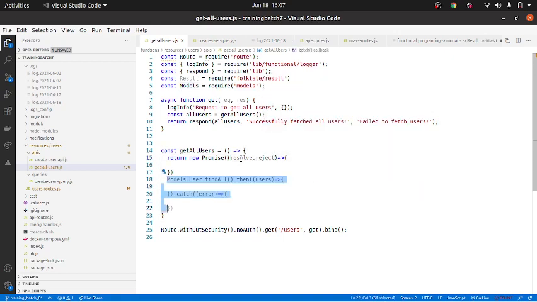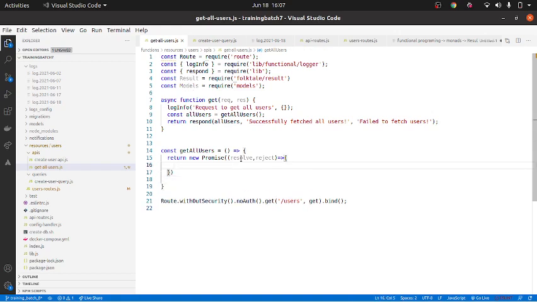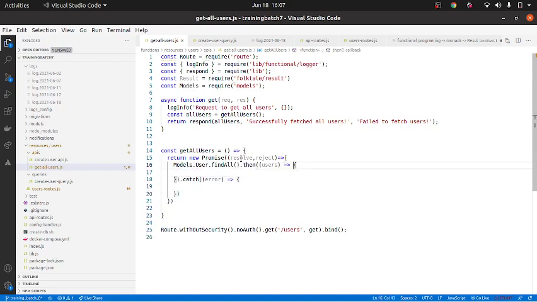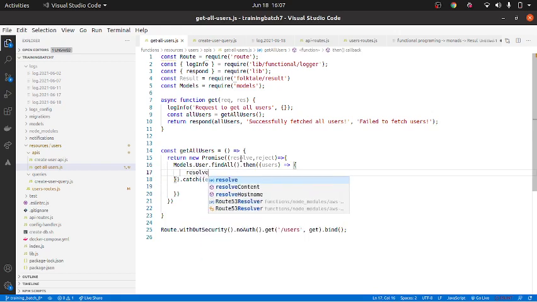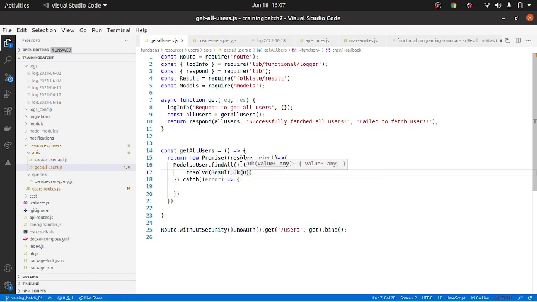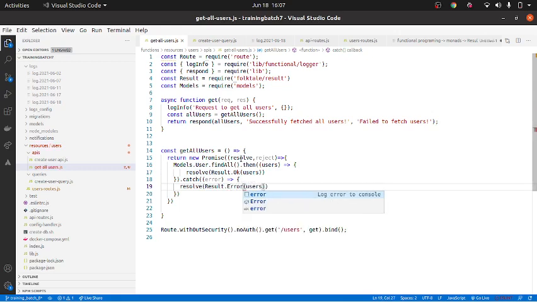Inside this function you call this, and when it is successful you resolve using Result.ok and pass the users. If it is a failure, don't call reject; call resolve but with Result.error and pass the error. Got it? Now how do I access this get all users?